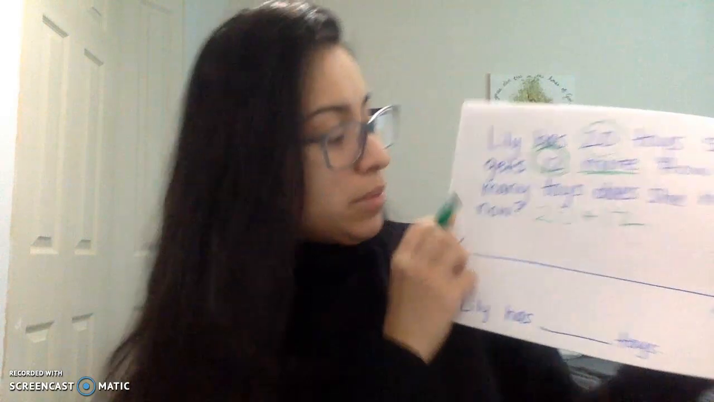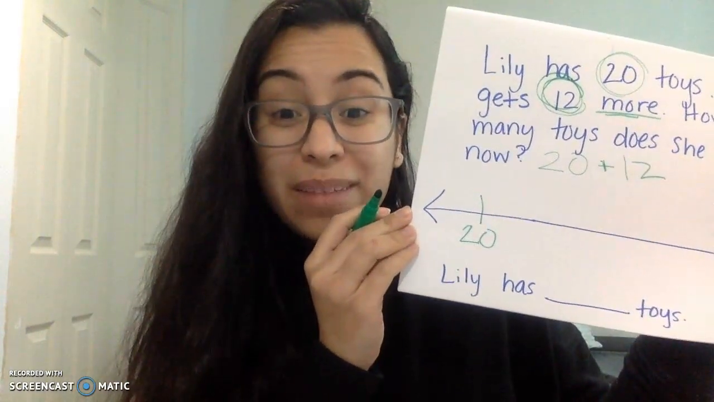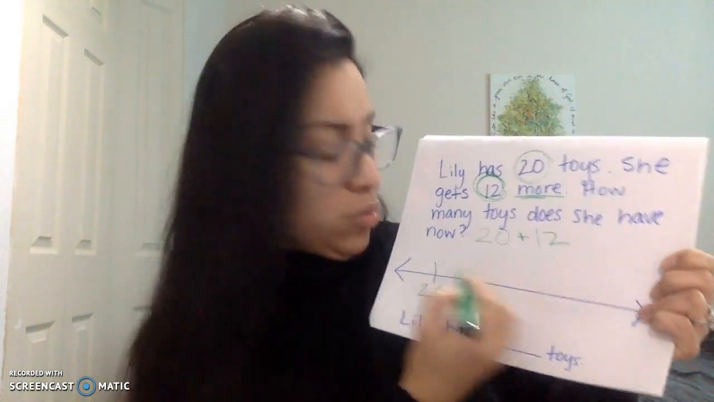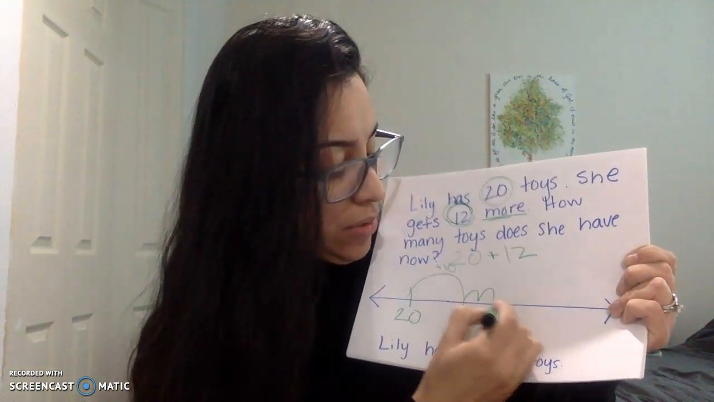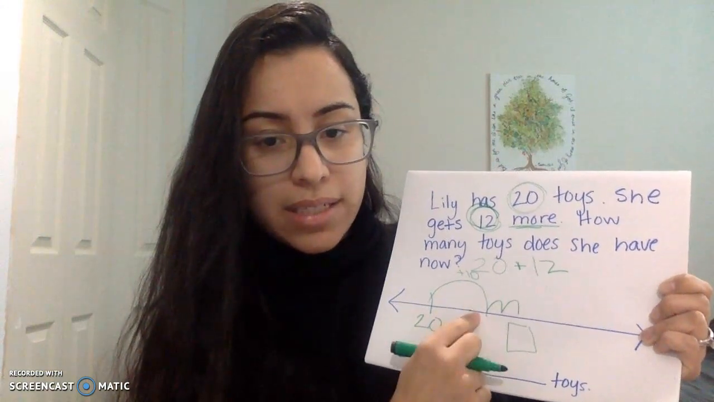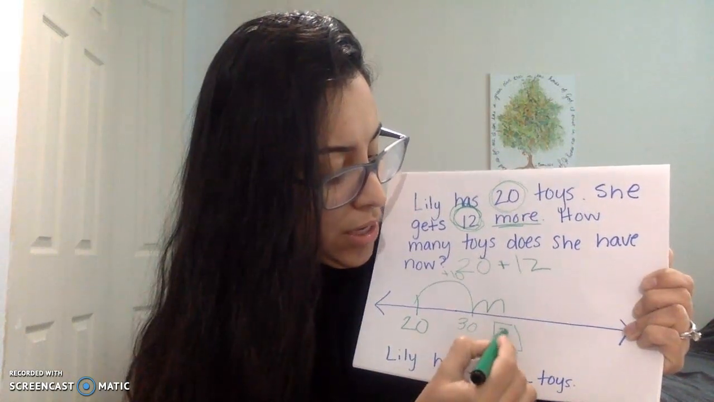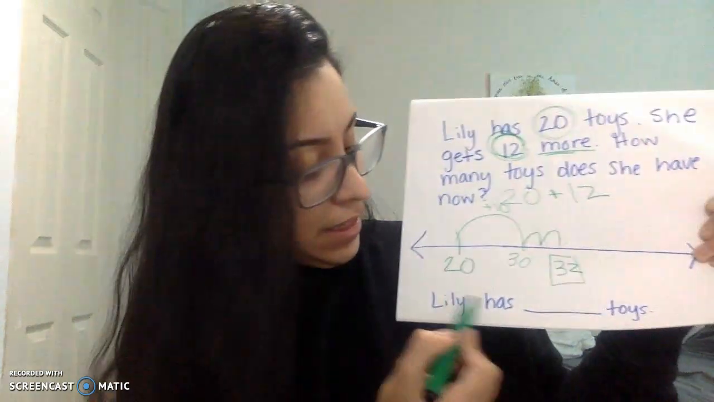Now I'm going to use my number line. 20 goes here, and I'm going to add 12. 12 is a 10 and 2 ones. 10 jump plus 10, whoopsies, and 2 1 jumps, 1, 2. So I have 20 plus 10, 30, 31, 32. 32 is my answer. Lily has